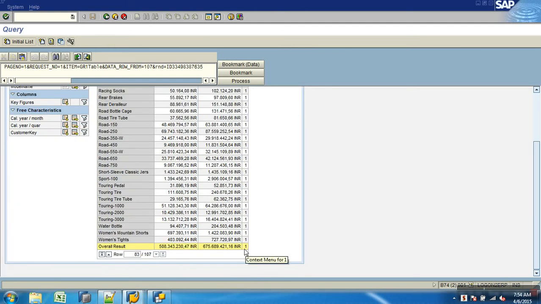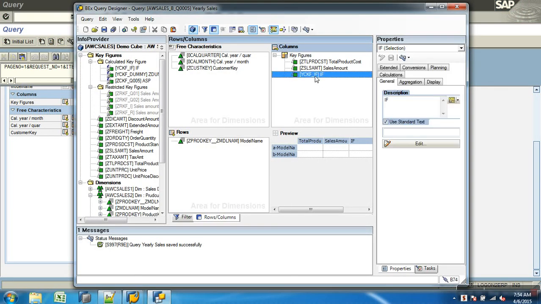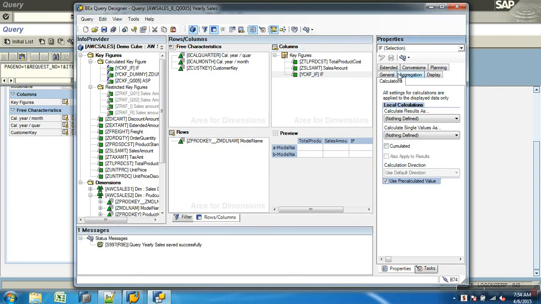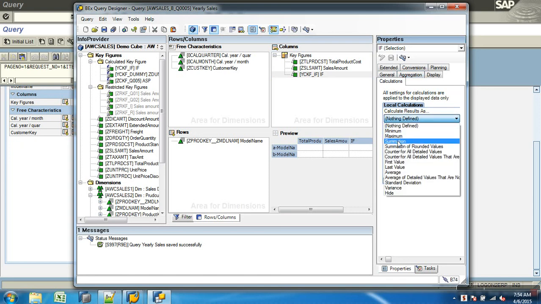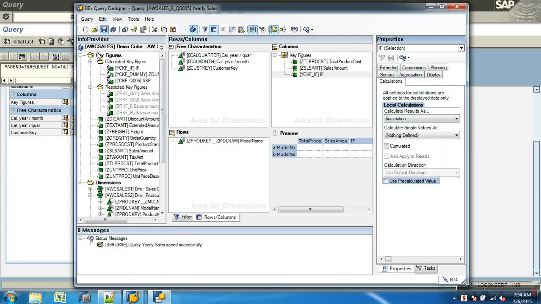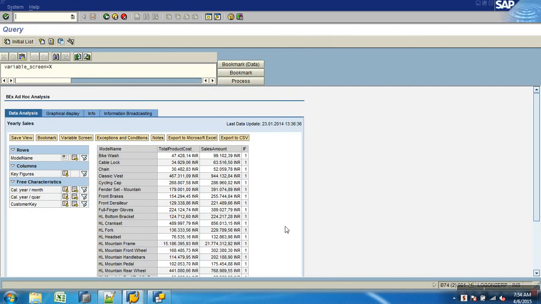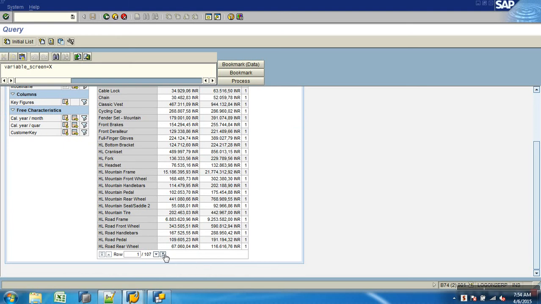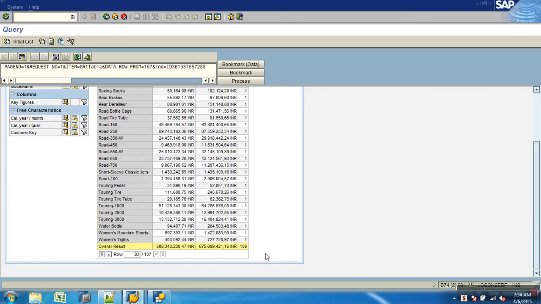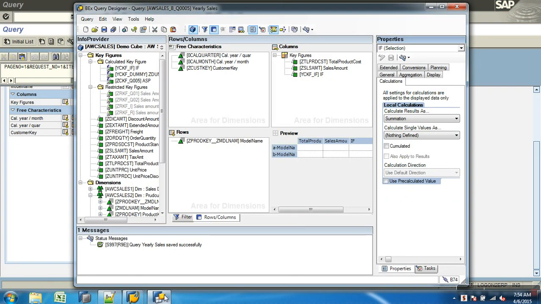Even the result is calculated as the Boolean function only. Now you don't want that to be 1. Go to keyword properties, calculations, calculate result as summation. This is what you wanted, or anything else? Okay, so this is about CKF, calculated key figure.